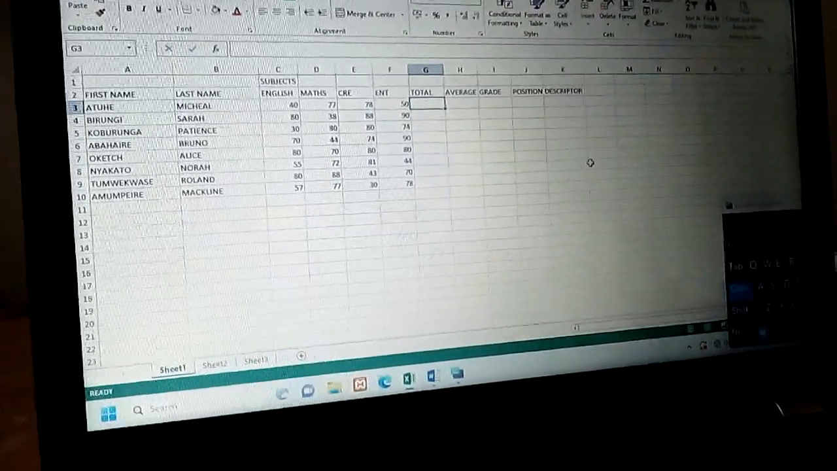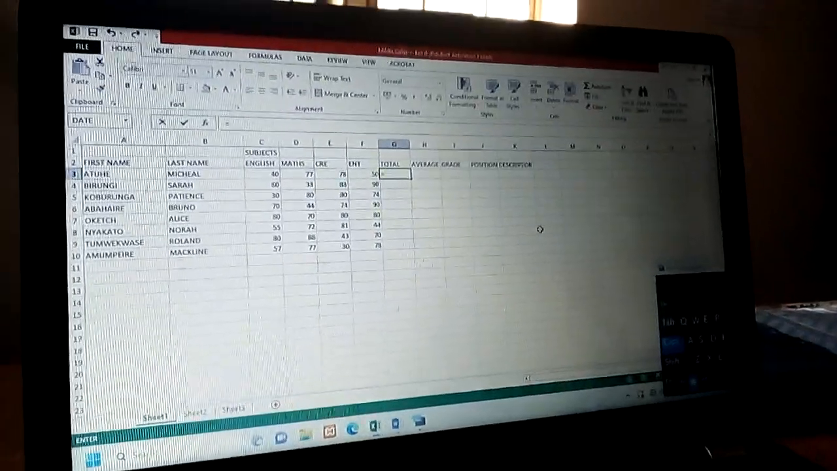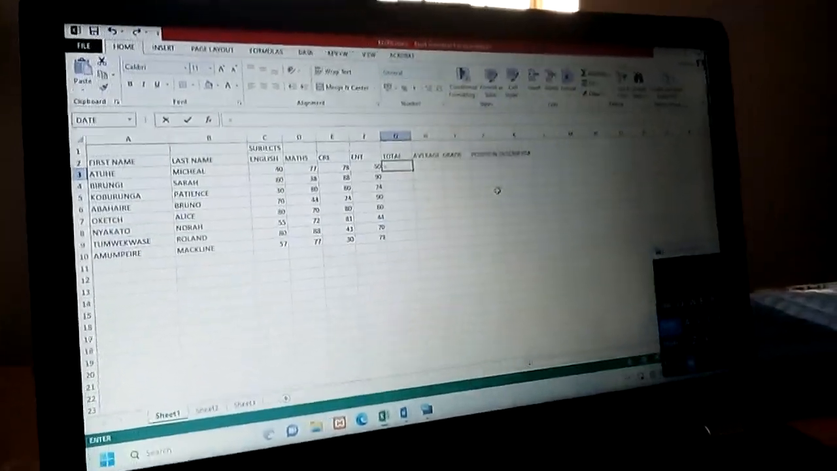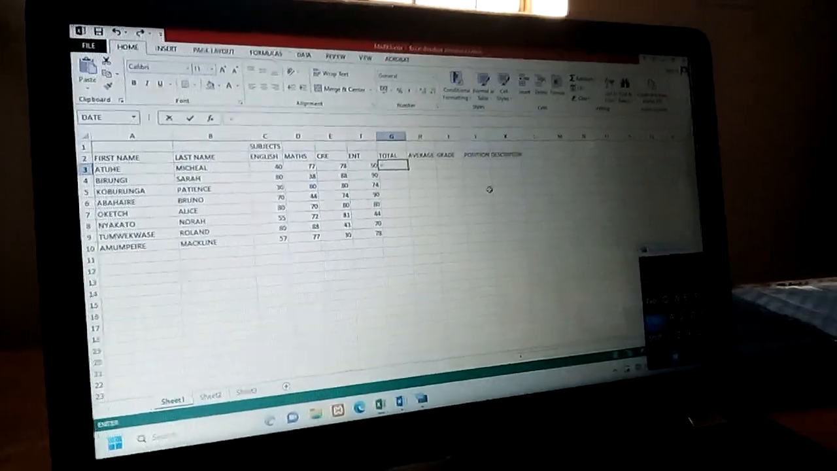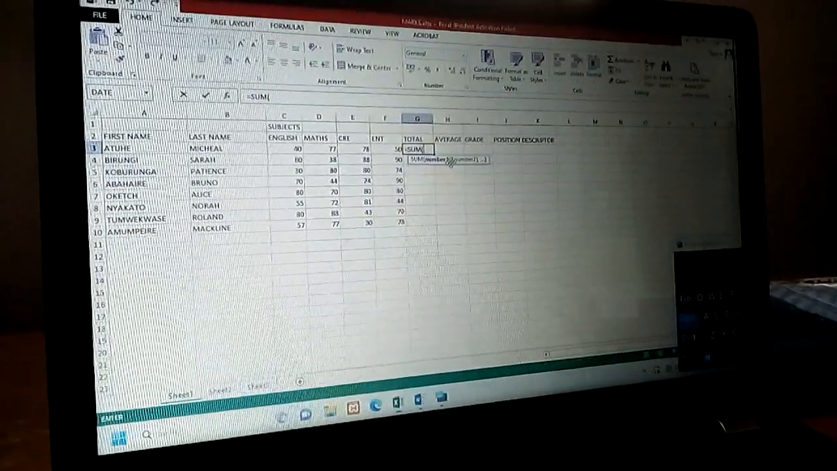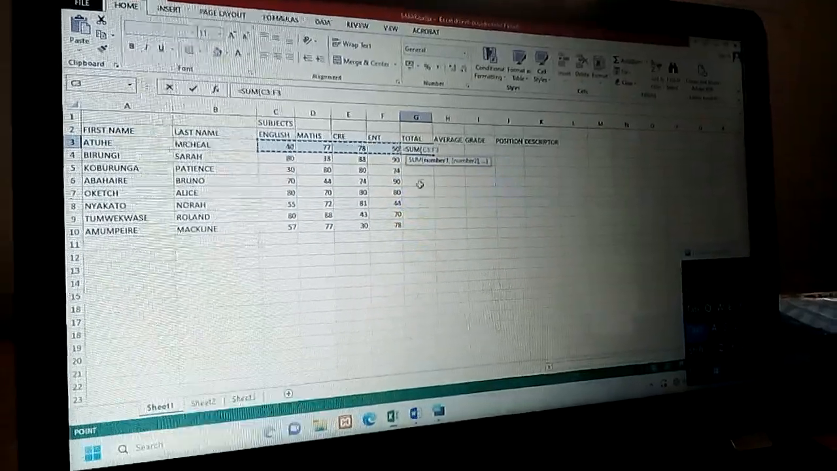So for us in ICT, preferably when we are using Excel, for every formula or function, we must use equal signs. Then we put the word SUM. This is a function. This is the sum. So we open the brackets, and we shall use the values for the subjects of one student. And now we have the equal sign, SUM, open brackets. Then we have from